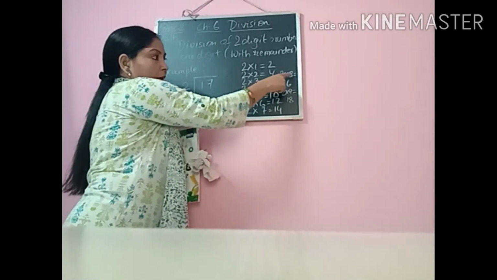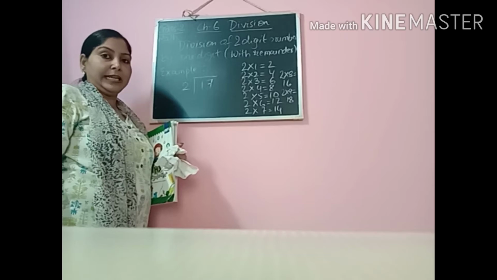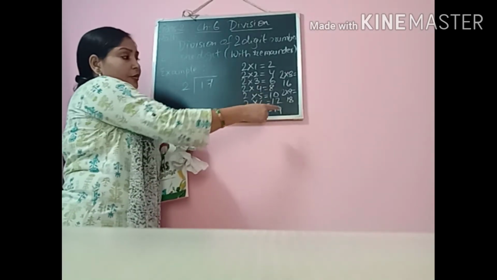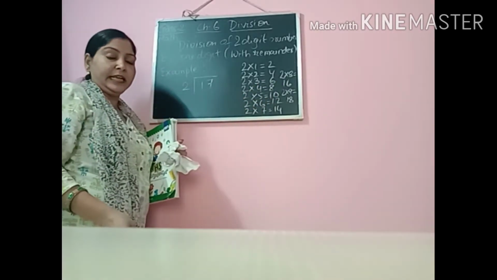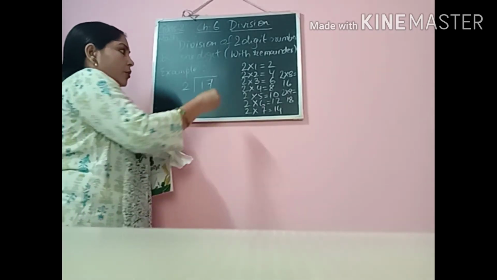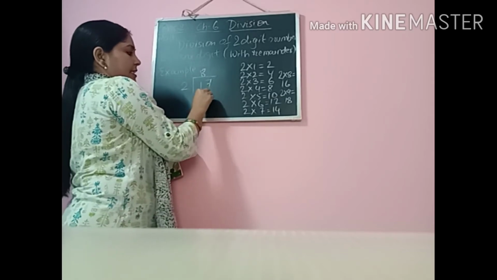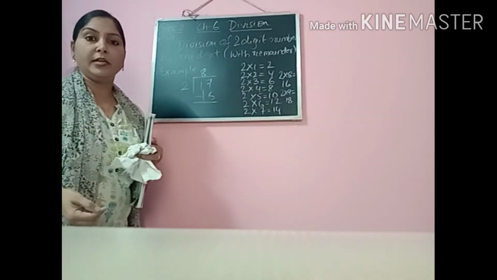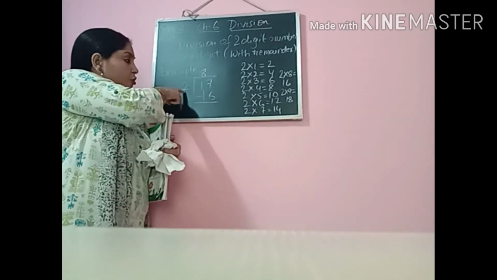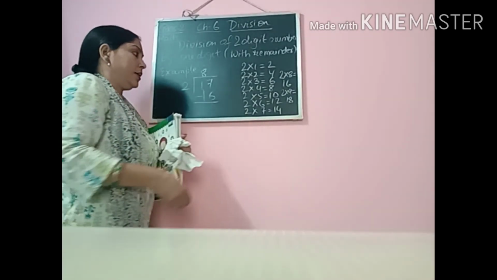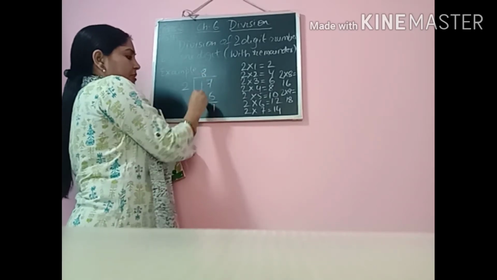So now we have here 2 8s are 16 and 2 9s are 18. Among these two, we have to think which number to select. I told you already, if I take 2 9s are 18, that becomes a bigger number, and if I go by 2 8s are 16, then this is somewhat closer to it. So we will go by 2 8s are 16, and as I mentioned earlier, the remainder should always be less than the divisor. Always remember this. So now let us subtract. 7 minus 6 is 1. 1 minus 1 is 0.